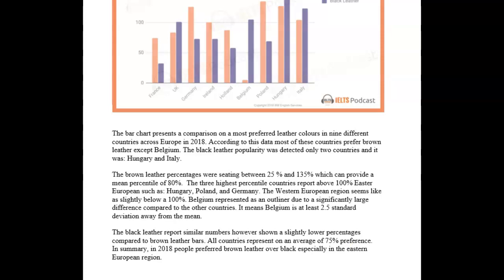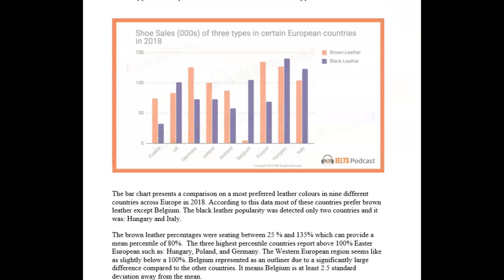Well, let me give you a couple of suggestions. One thing I would have done is I would have started off with the black leather shoes. Why? Well, because it's the highest figure on the chart. So it makes sense to start there. I would probably use these numbers along the side. I would say that